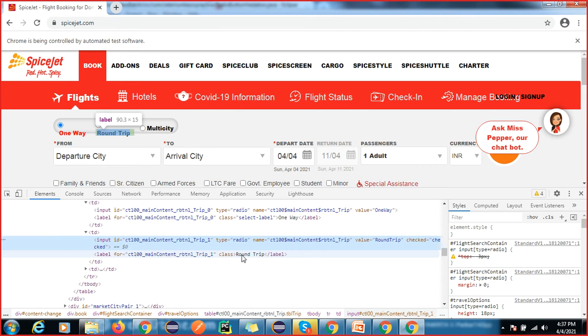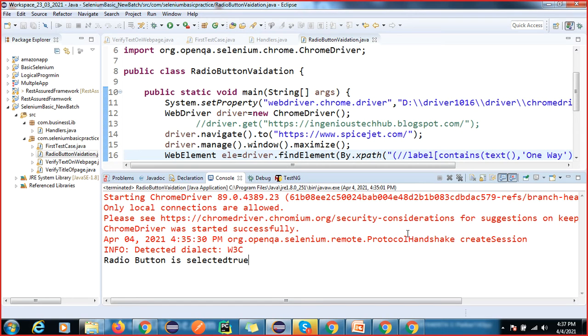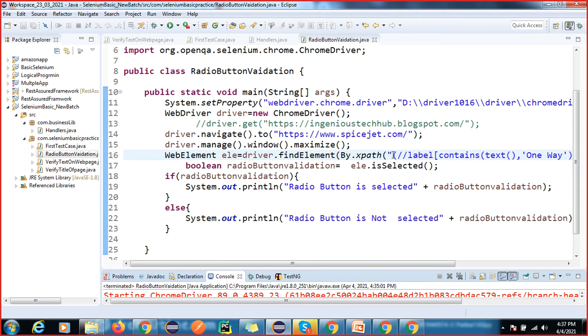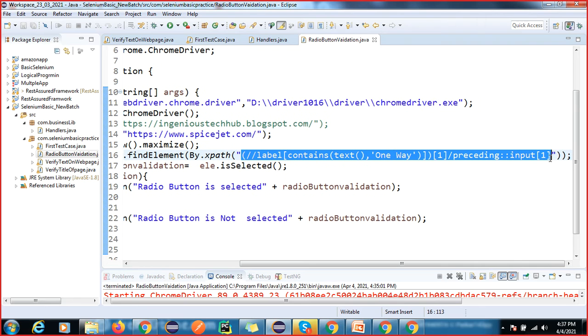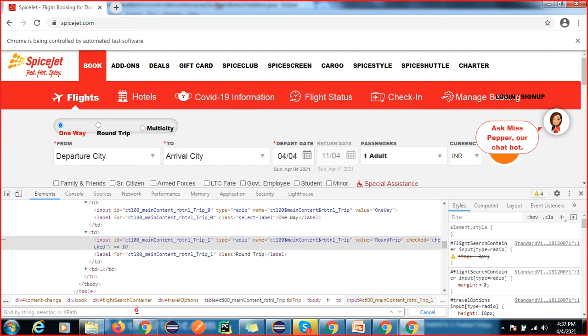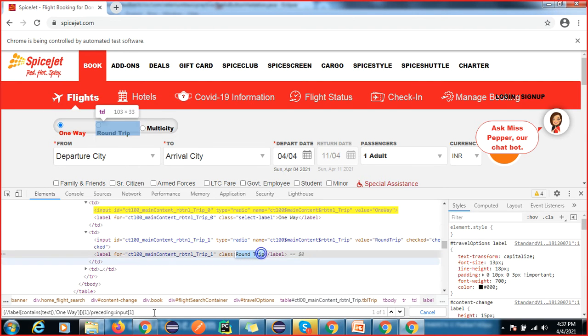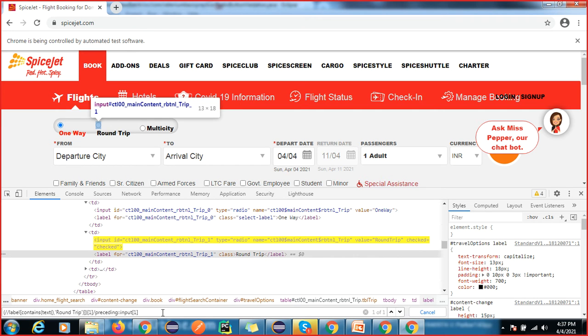You have to write the same XPath here, you should not change anything else. I will just go here and copy this and write round trip here. Just change this one. Now it will highlight this one, right?